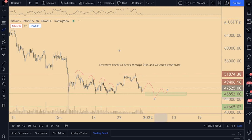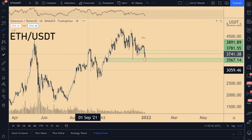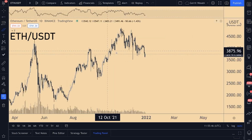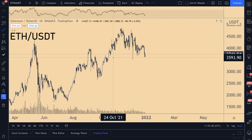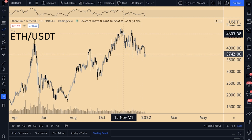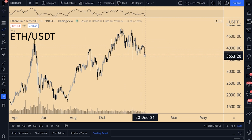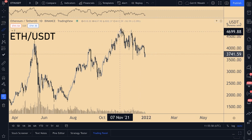While we're diving into Ethereum at this stage, we can actually argue the exact same at this point. When we're looking at higher time frames, we are getting into a very important level of support and we are getting a beautiful bounce from that region. However, we can also conclude that we are making lower highs, lower lows. So the trend is downward since the peak high at the beginning of November, and we are seeing clear rejections